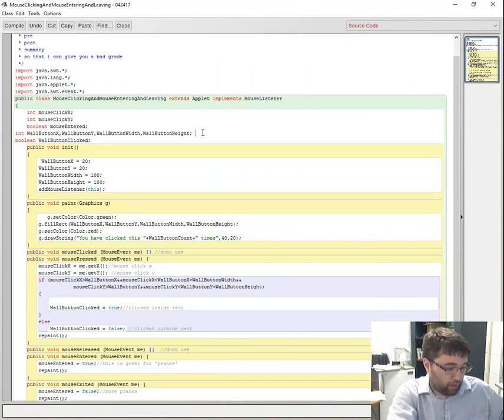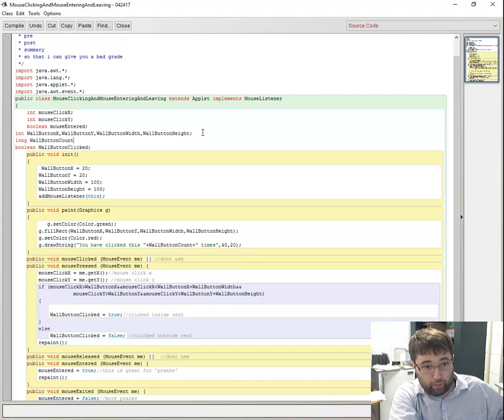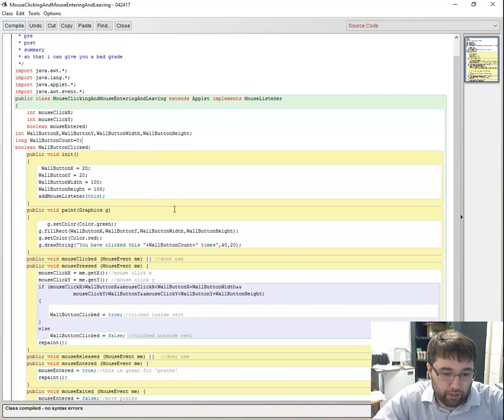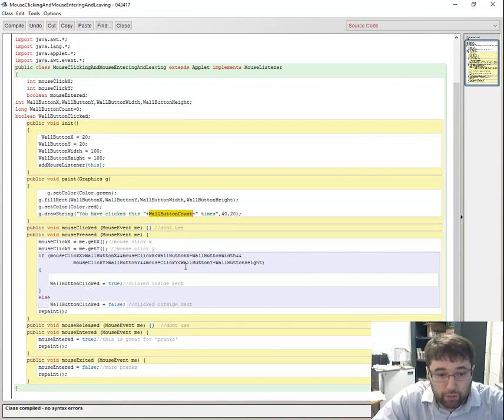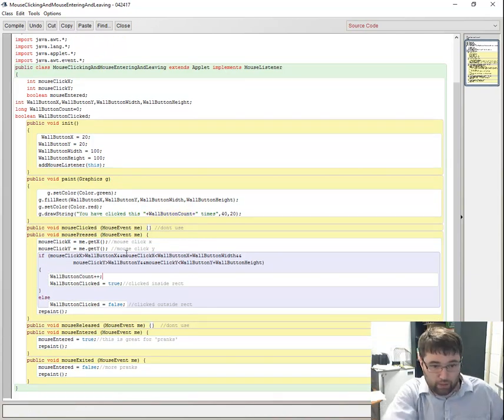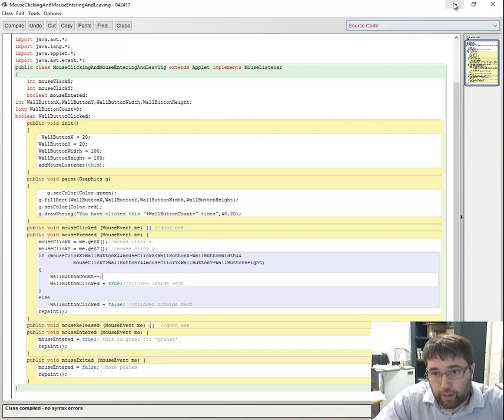I want to make it a long so that if anytime I click way beyond the initial set of ints, then it can still count. So it's just a better programming philosophy. So now when I click it, it's always going to be 0. So what I have to do is every time I click this button, I say wall count plus plus. And now when I compile and run it,